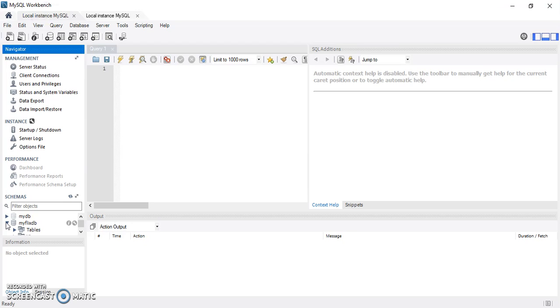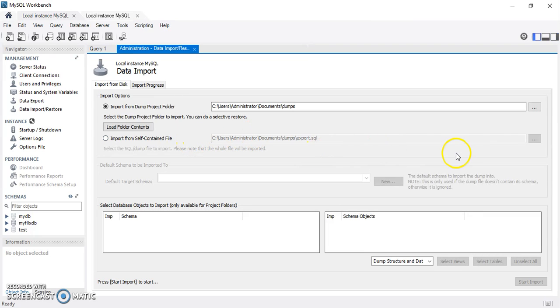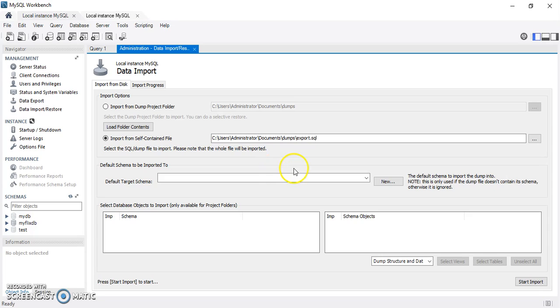Now we have some already imported databases here. The database can be imported from this option. We can go to Data Import/Restore, and we can browse our SQL file from here, import from self-contained file, and whatever script is written in this .sql file, as per that script, the database would be imported here. Now quickly we'll move on to